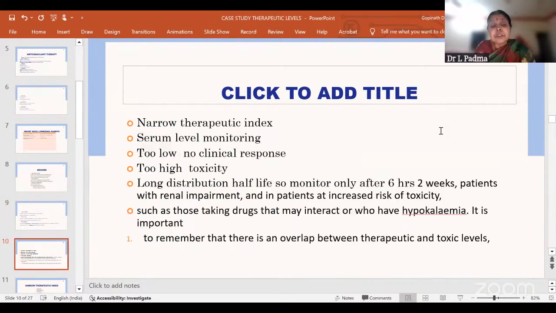So the important points to remember in the case of digoxin: it has a narrow therapeutic index. Serum level monitoring is required. Too low, there is no clinical response. Too high, there are toxicities, and a long distribution half-life. So monitor only after 6 hours or after 2 weeks, and especially in patients with renal impairment and in patients who are prone to increased risk of toxicity, like patients taking drugs which may interact and those who have hypokalemia. It's very important, and it should be remembered that there should not be overlap between therapeutic and